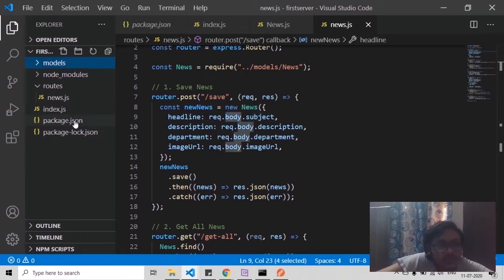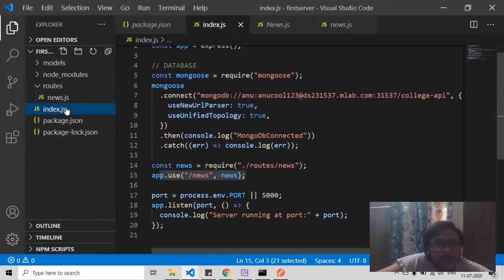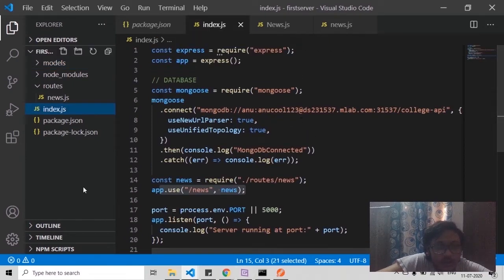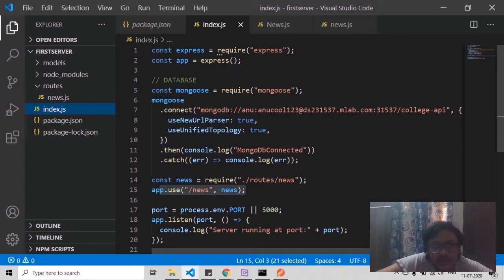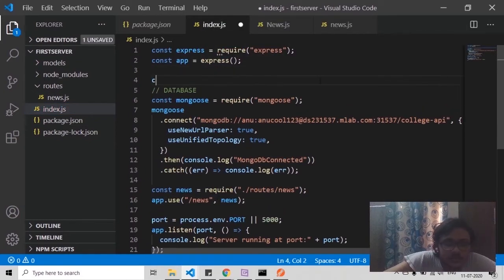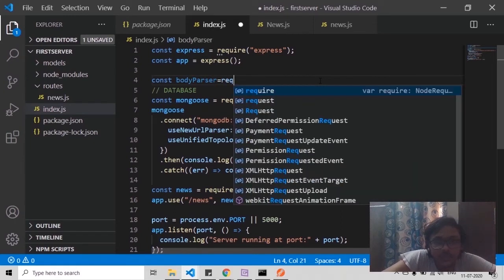So for this we have to include body parser. Whenever we want to read data from any forms like data, we have to use body parser. We installed body parser in the beginning, but we are not using it. So let's include it in our index.js only. So we'll just do const body parser equals require